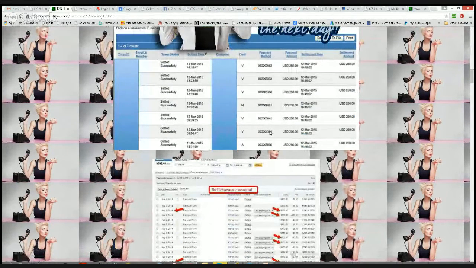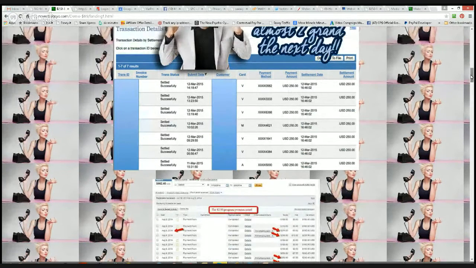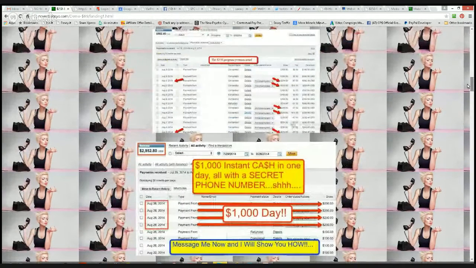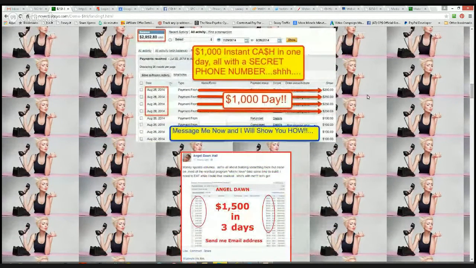Somebody here making $250. These are going straight into their authorized net account. Here we've got somebody that's getting them into a PayPal account and all highlighted with the little arrows. 1,000 a day.